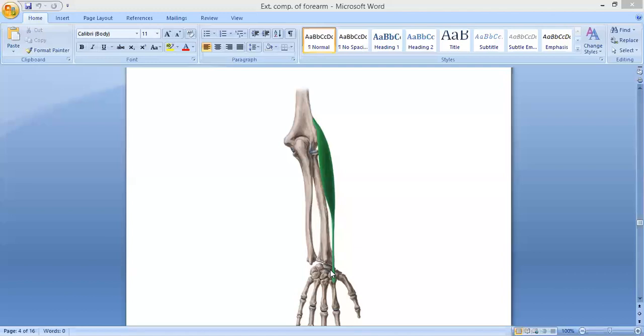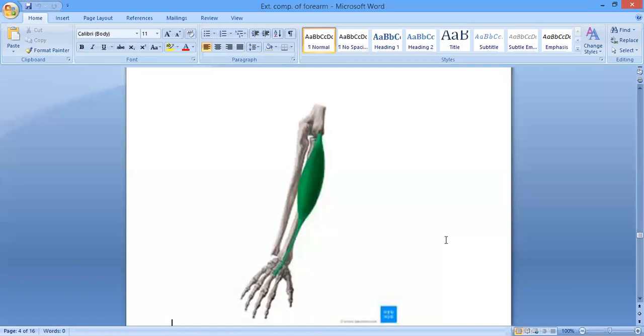Now, other than these two muscles, brachioradialis and extensor carpi radialis longus, the other five superficial muscles are getting origin from the common extensor origin. And that is from where? From the anterior part of the lateral epicondyle of the humerus. Okay? So this is called the common extensor origin, right? So extensor carpi radialis brevis is getting origin from the common extensor origin, from the lateral epicondyle of the humerus, along with the radial collateral ligament.